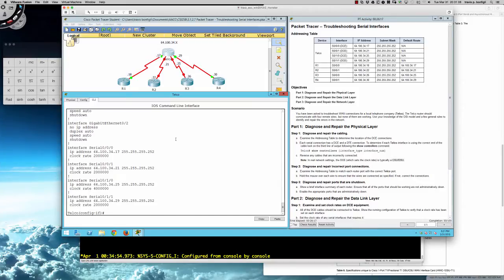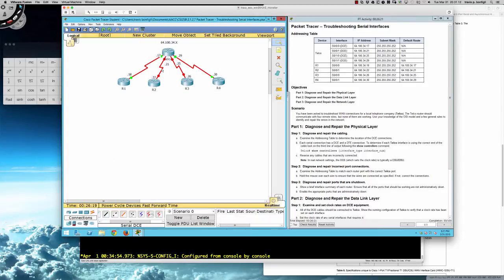Alright. And so it says no cable attached. So let me go ahead and pop this cable off of here, and let's get a new cable. I'm going to grab a DCE cable, and this would be serial 0/0/1 to serial 0/0/1, and let's see if maybe there was something wrong with the cable, because on the DTE, as in T as in Tom, data terminal equipment, on the office side, or the branch side,